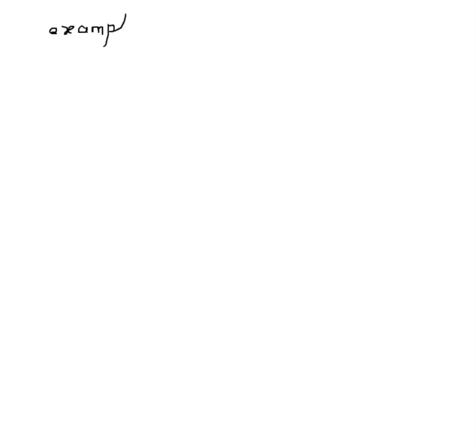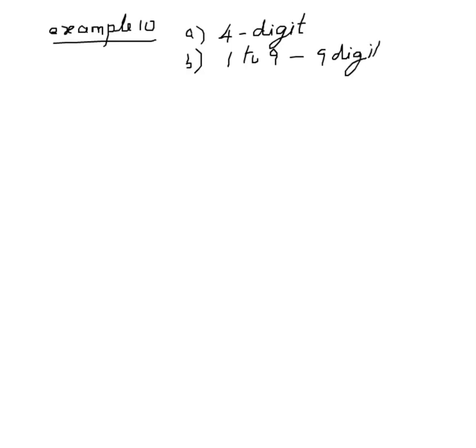Example 10. How many 4-digit numbers can be formed by using the digits 1 to 9 if repetition of digits is not allowed? So the first condition given is we have to form a 4-digit number, and the second condition given is using the digits 1 to 9. 1 to 9 we have 9 digits. If repetition of digits is not allowed,